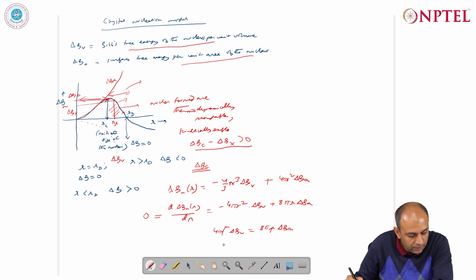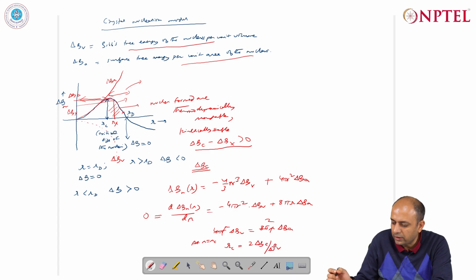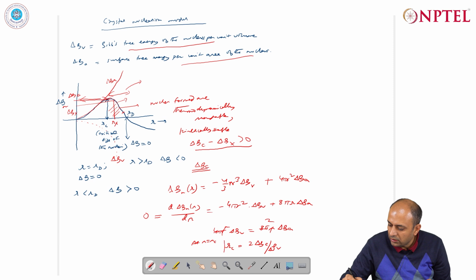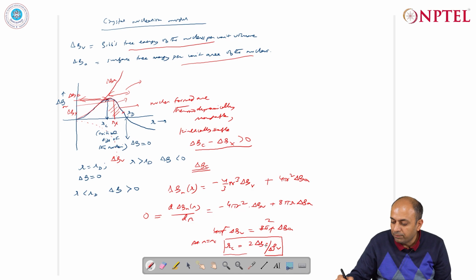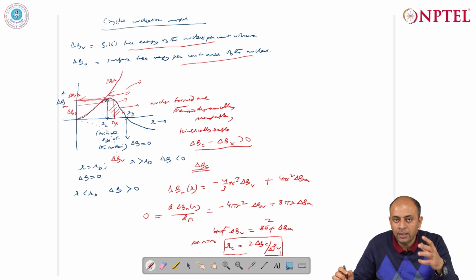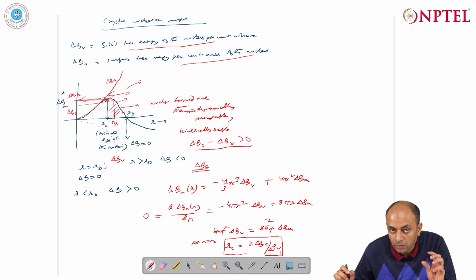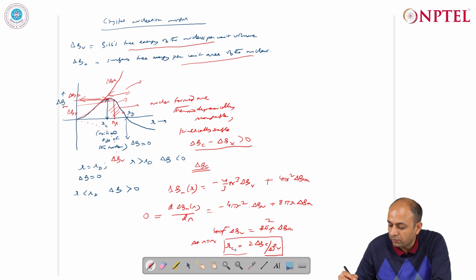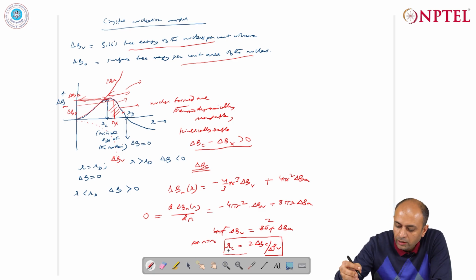So r cancels, and this gives me the critical radius, because now it is at r equal to Rc. So now Rc becomes 2 delta Ga by delta Gv. So now you see this is how you get the magnitude of Rc, that is, it is the ratio of twice delta Ga by delta Gv. So the area term contribution, the free energy surface area, is more important compared to the volume term. The ratio of this decides Rc, and if you now put this value of Rc into the original expression,